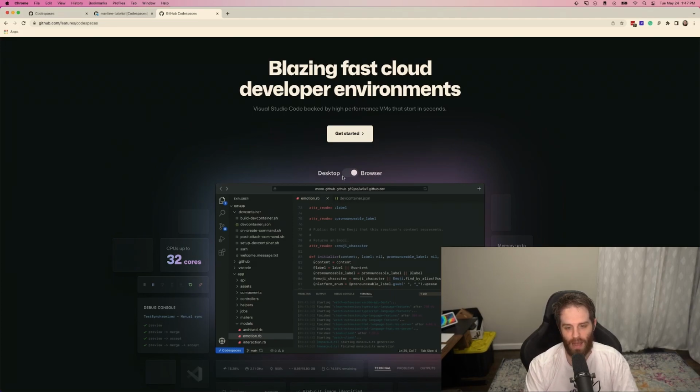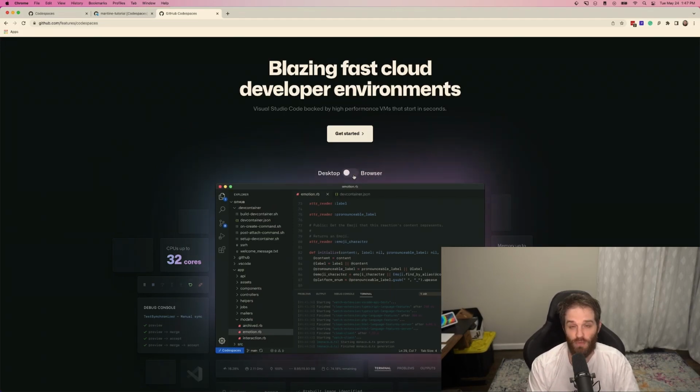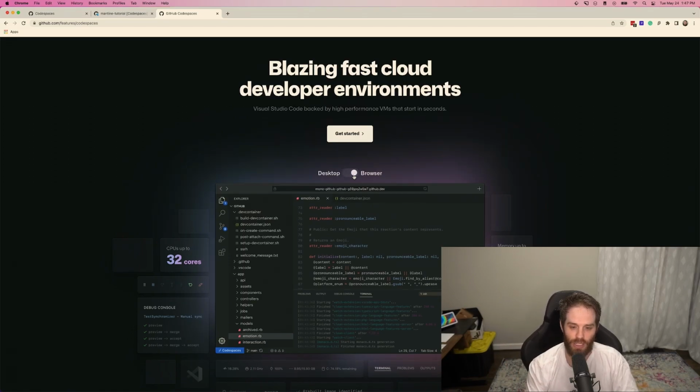So here we have the options. We can actually run this in our desktop as well, which I'll show a bit later on. But essentially, you get to either run it in your web browser or through the desktop. And if you think about where development is in the world and we're all online and there's a lot of remote work, it makes it really easy to just have a container that everyone can work from. It's exactly the same and there's no more of this. Well, it works on my machine, but it doesn't work on his. All that kind of goes away.